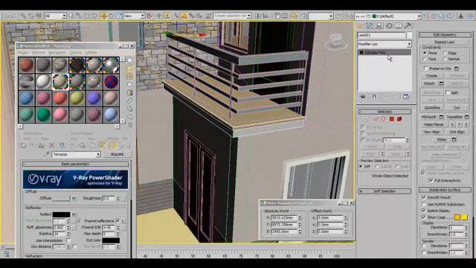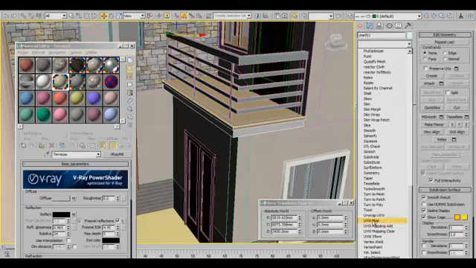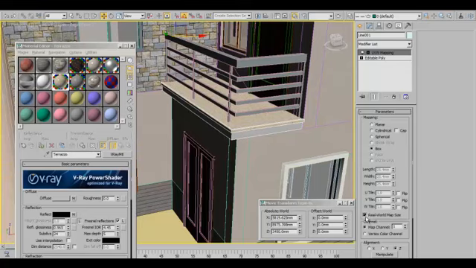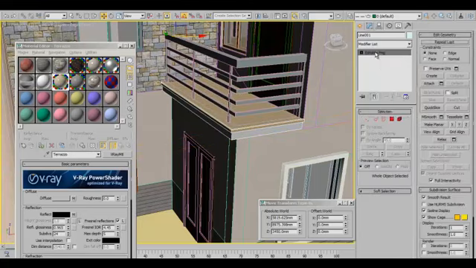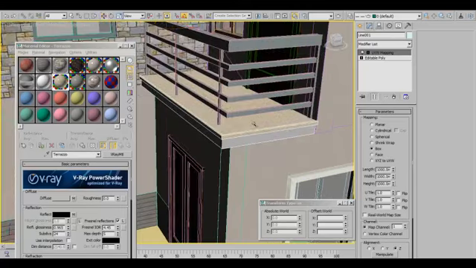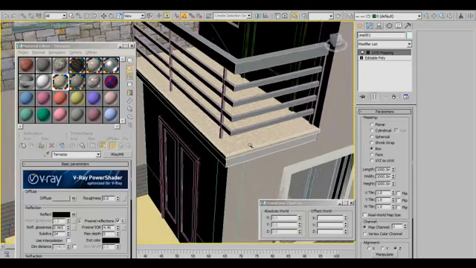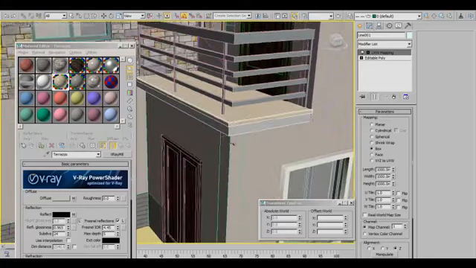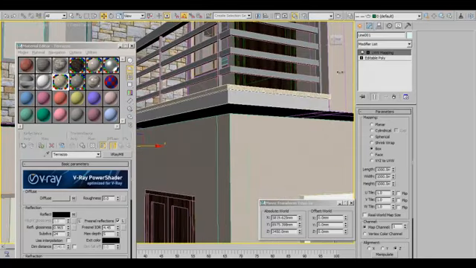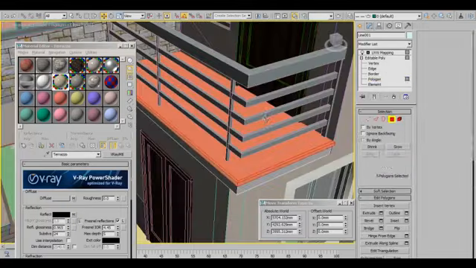Of course, I'm going to need to apply a UVW map, which I could just paste from the previous one, which is in my clipboard, because I'm good with this setting for it, and it's always in the clipboard until you copy something else. So right, that is good. Then I'm going to go back to the sub-object level and